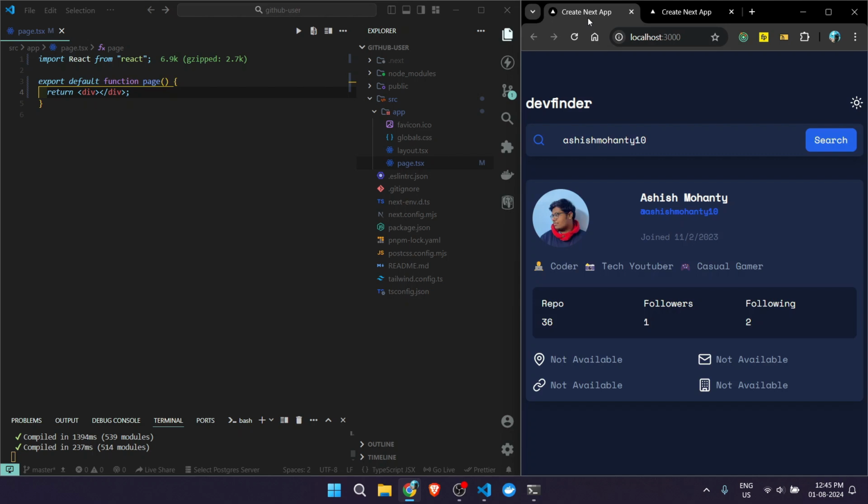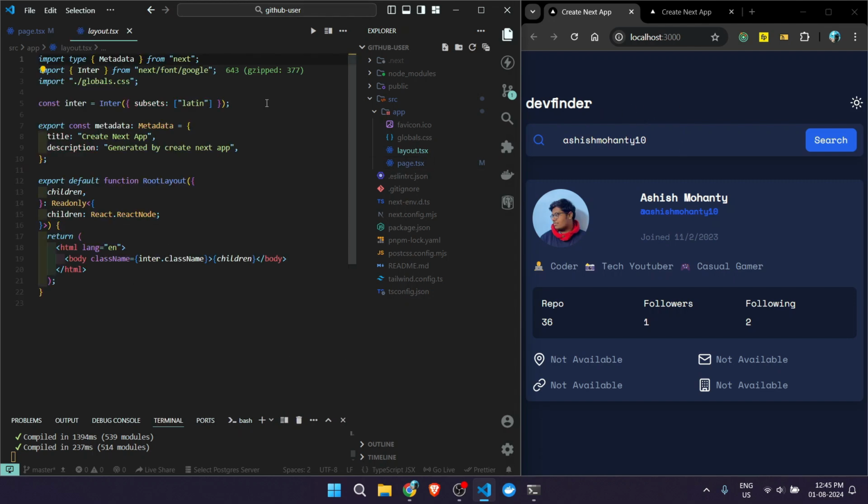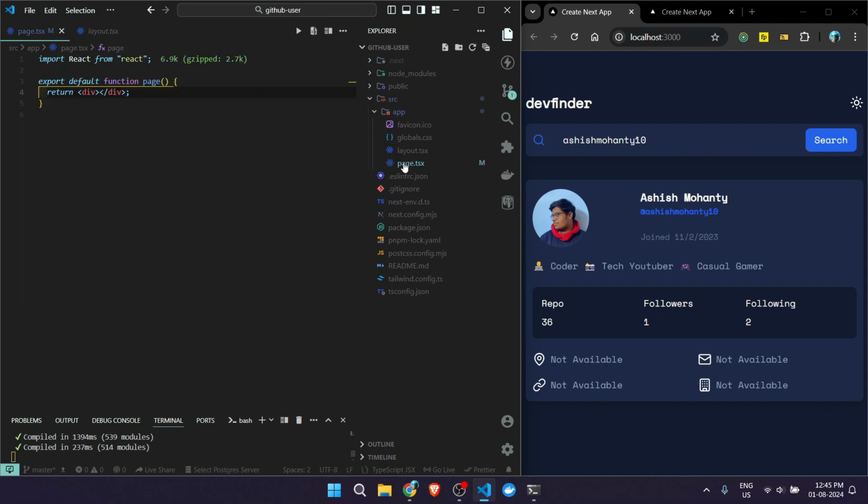Now we can go back to our final project and see what color the background is. We can do this in two ways. I can give a minimum height of screen here and give the background this color, or if you want, you can go to your layout.tsx file, as it is the parent file of all the pages present in your Next app. There you can add the background color, so it will apply to every page under this app folder. Let me do that in my